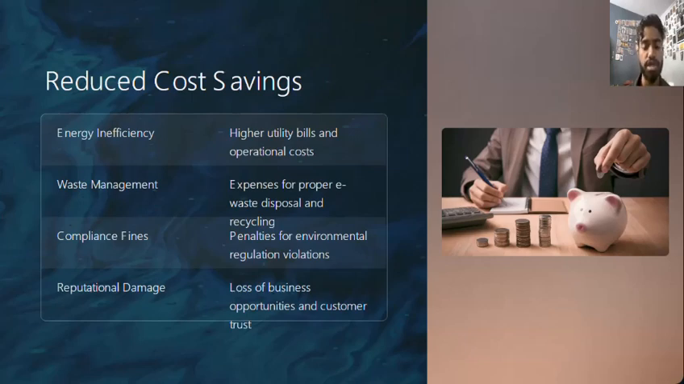This is a good step towards protecting the environment from harmful e-waste, by raising the penalties for environmental regulations and violations. Reputational damage: loss of business and customer interest, which can also